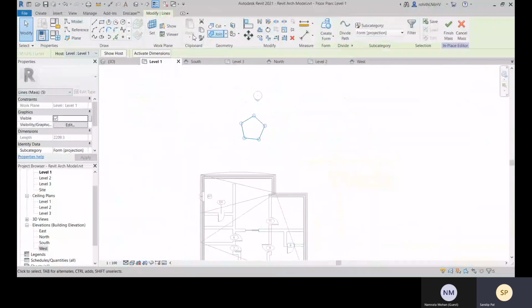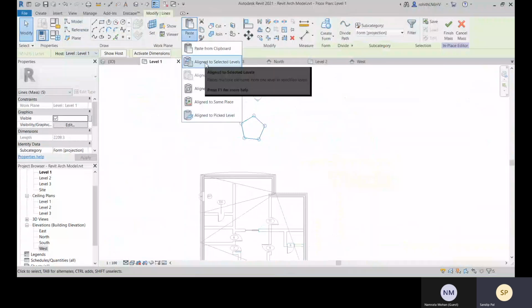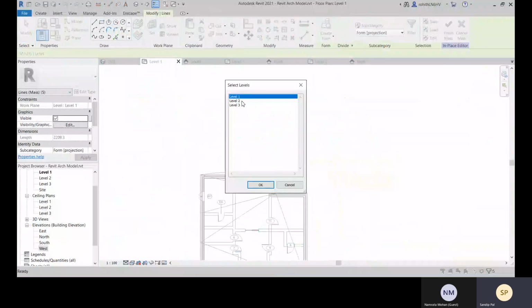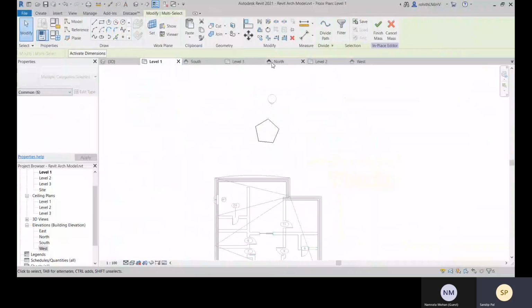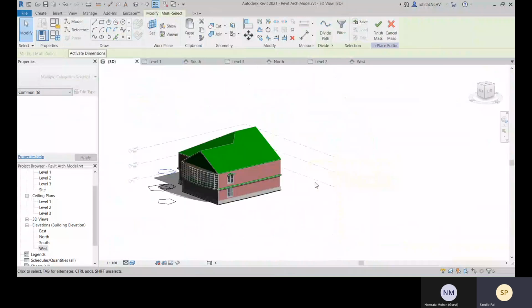Control C, and cannot move it, right? So select this, copy clipboard, and let's align to selected levels, level 2, level 3. Okay, and we have placed it. So let me see in the 3D.